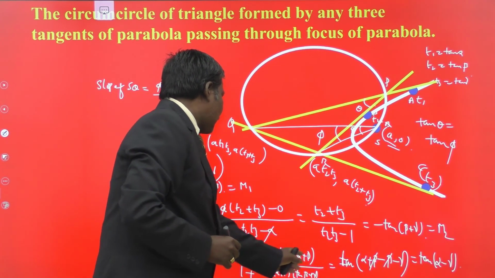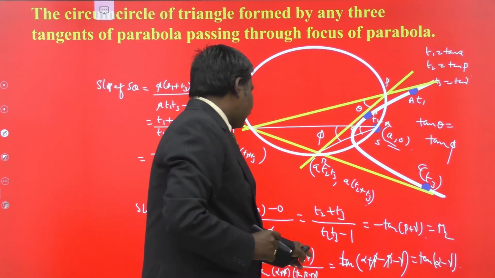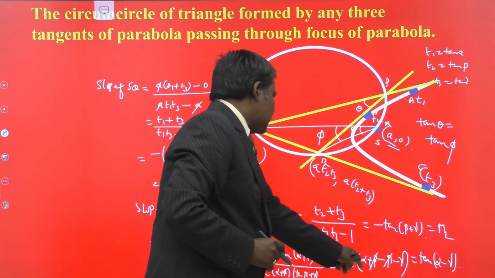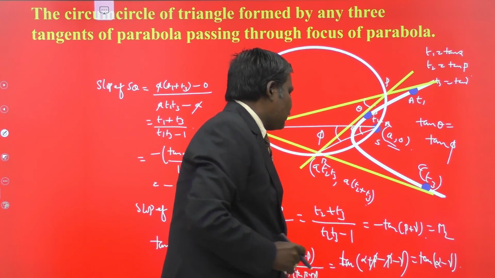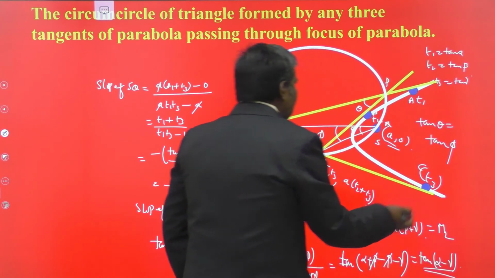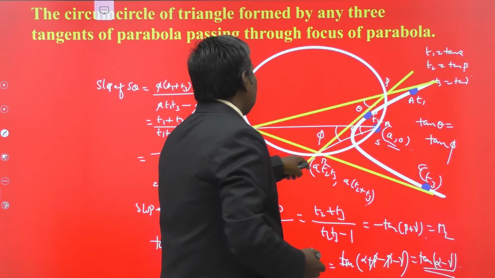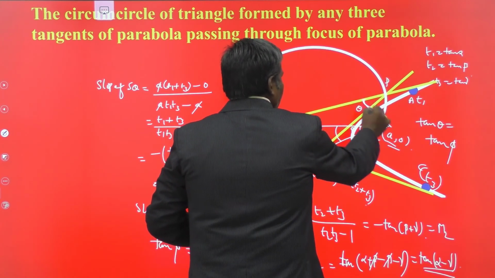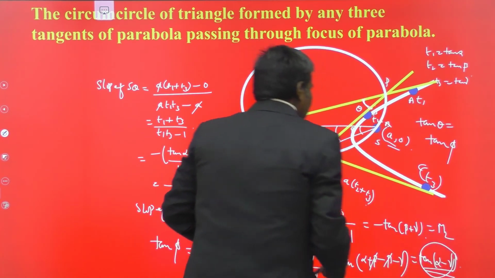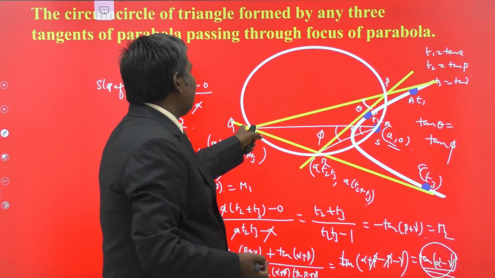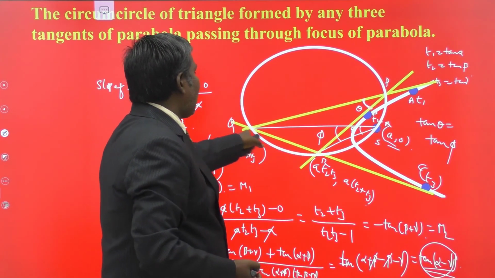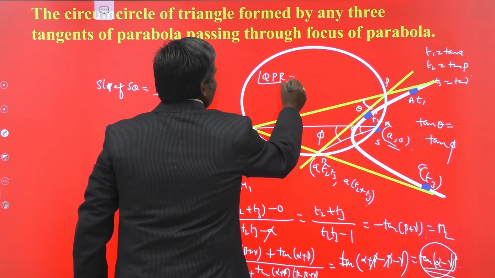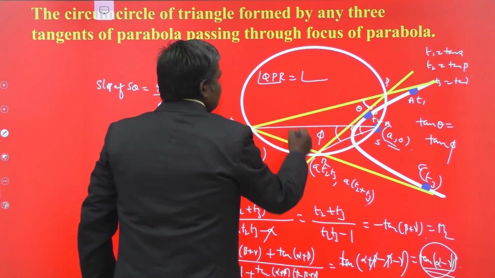It is (m1 minus m2) by (1 plus m1 m2), that is tan of (alpha plus beta minus gamma) by 1 plus... beta gets cancelled, and we obtain tan of (alpha minus gamma). So it is the same as the angle QPR. Already we proved that one has tan of (alpha minus gamma). So both are the same. Therefore angle QPR is equal to angle QSR.